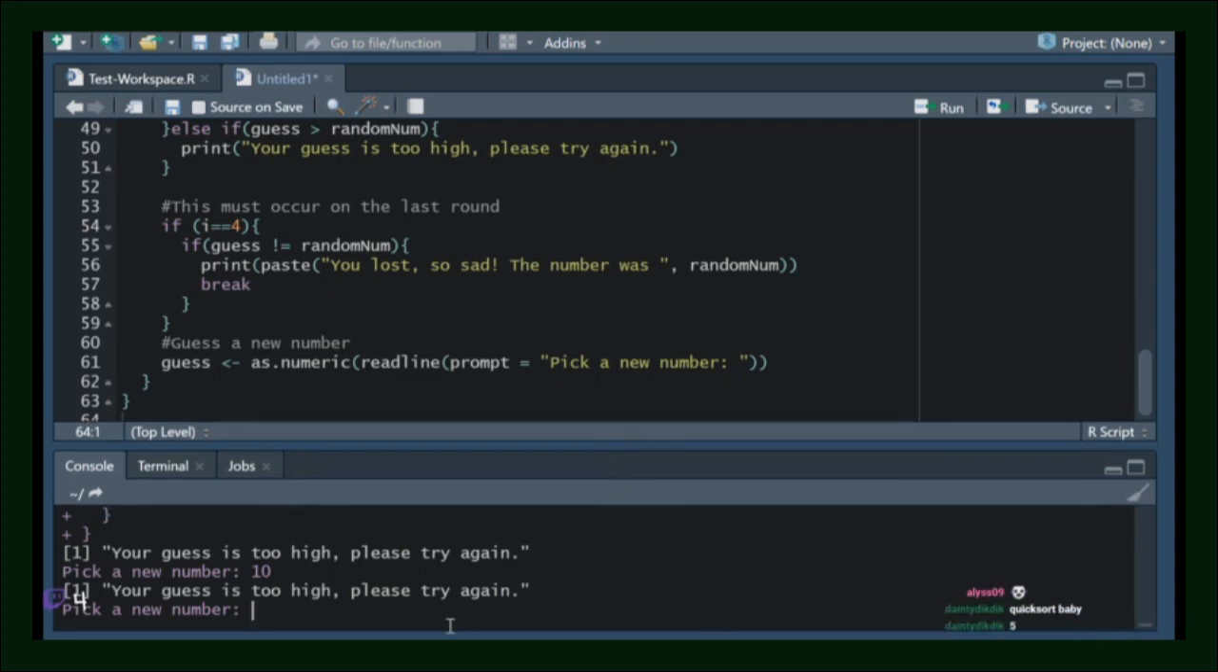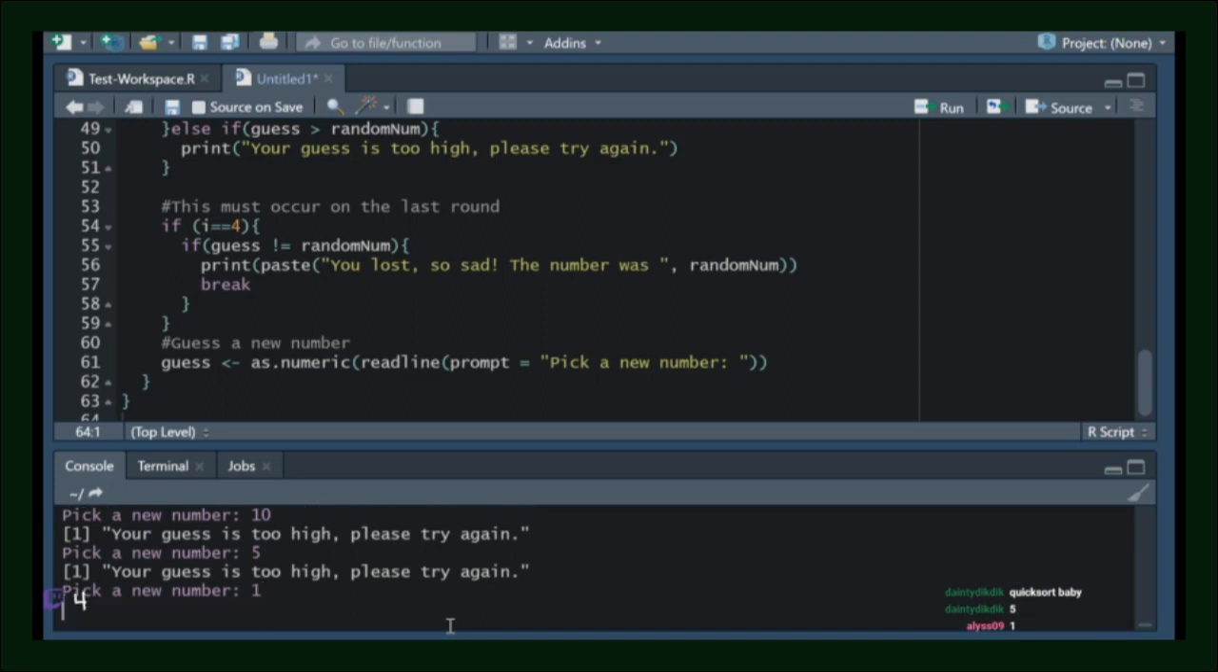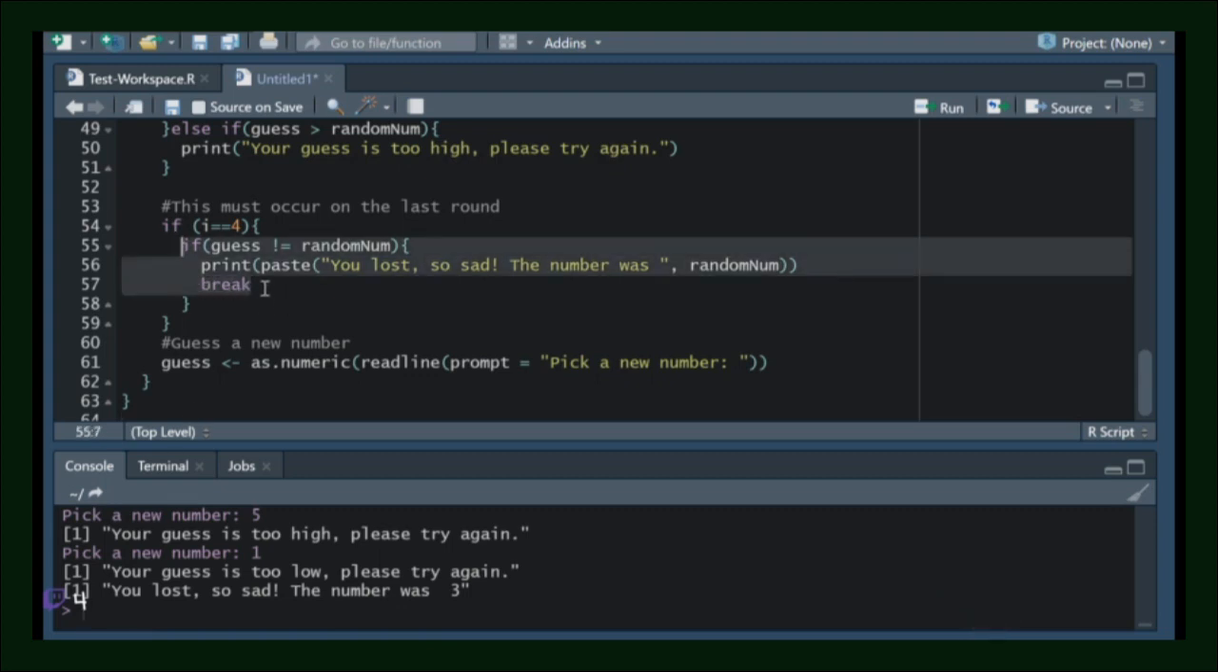Quicksort. Let's do 5. Still too high. One last attempt. 1. The number was 3. Alright. Cool, that worked. And as expected, when the if statement saw this break command on line 57, it kicked out of the loop, and we are back to